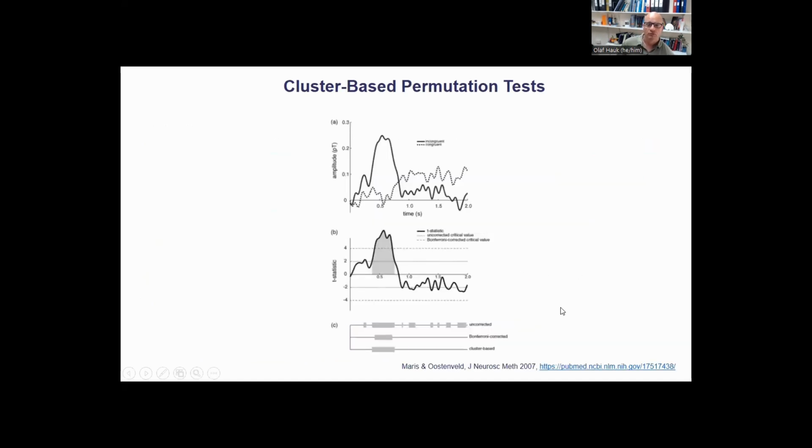And this was done here in this original paper. I think this is a classic paper that introduced this method to the world of EEG and MEG analysis. So this is illustrated here for a relatively simple case of one-dimensional data, just a time course, a bit like the example I had before. So you have an effect and you want to test it against 0. And again, you see that there is a peak here that's temporally extended. So you might get some